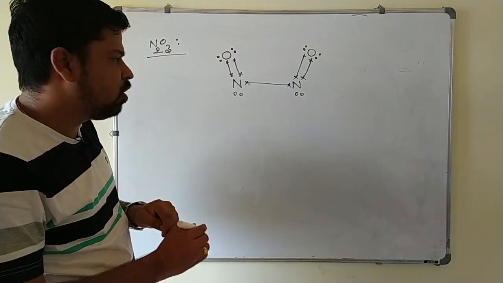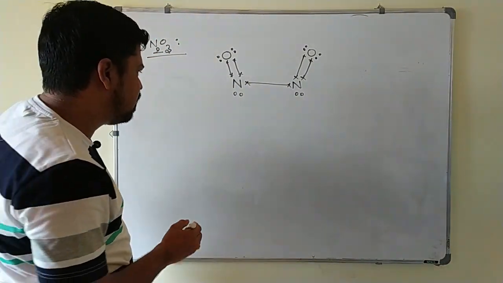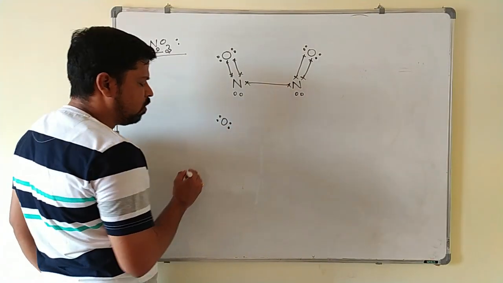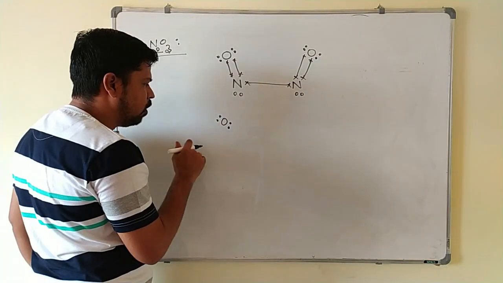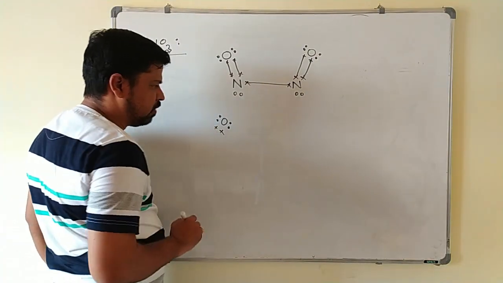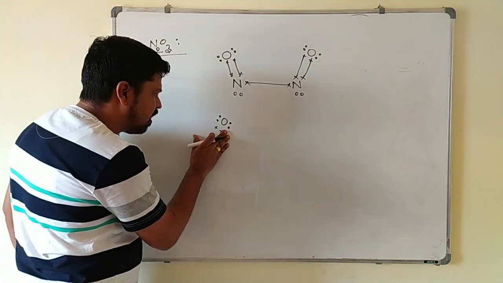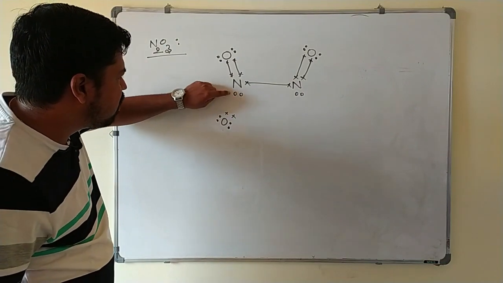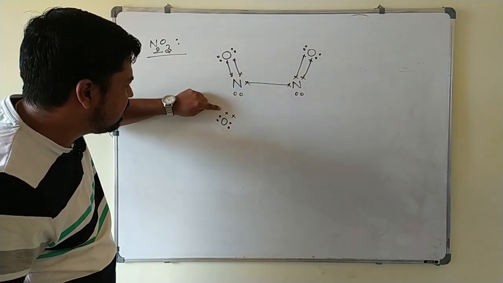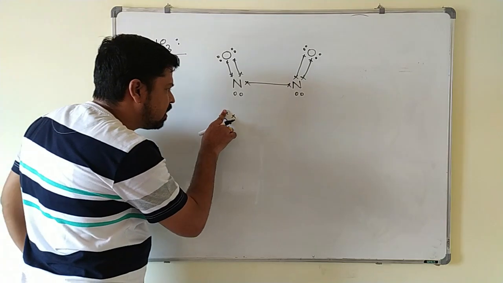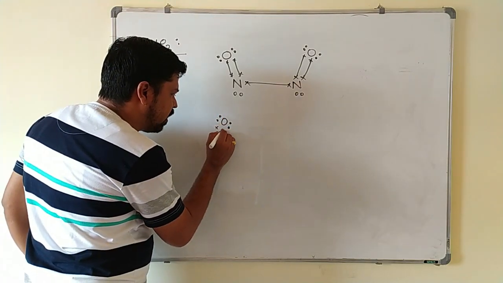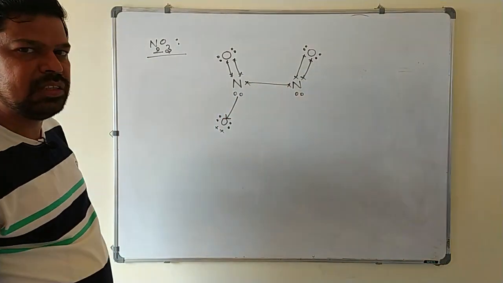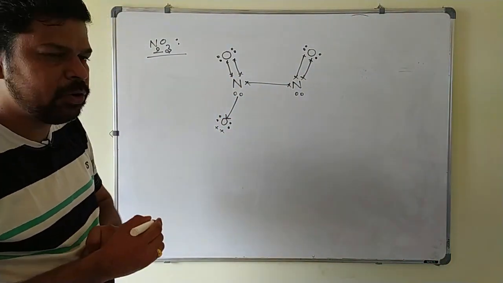Now we have to connect another oxygen to any one of these 2 nitrogens. I will take another oxygen here, which again has 6 valence electrons, 2 lone pairs of electrons and 2 unpaired electrons. One thing you keep in mind always: I cannot form a double bond between these 2, because these are a pair of electrons and these are unpaired electrons. Since this oxygen is just 2 electrons short of the octet, I will form a coordinate bond between the nitrogen and oxygen. So this is the structure of N2O3.